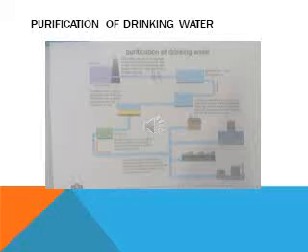Purification of drinking water. Water that is used for drinking should be clean and free from germs and impurities. It should have no taste, color or smell. In order to make water fit for drinking, water is processed in a purification plant, where it goes through different filtration tanks to remove the solid impurities in it. Chlorine is added to kill the germs and then it is stored in huge tanks from where it is supplied to our homes. In the diagram, the purification of drinking water process is shown.